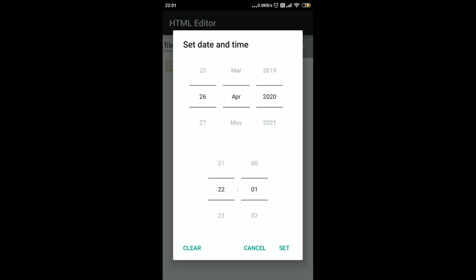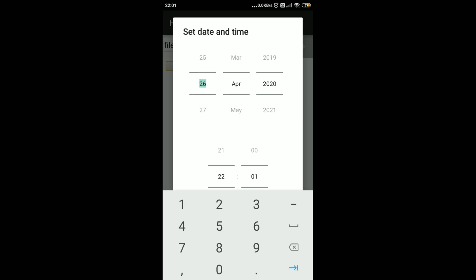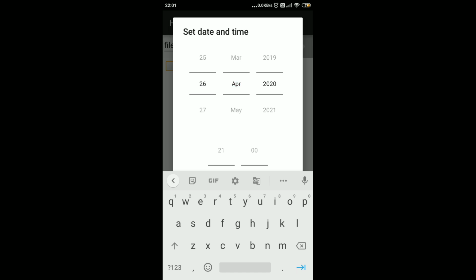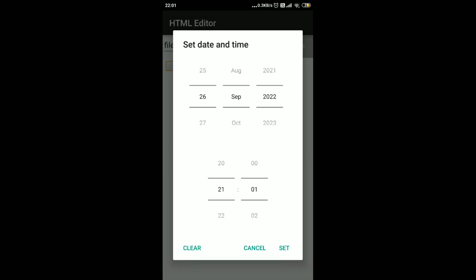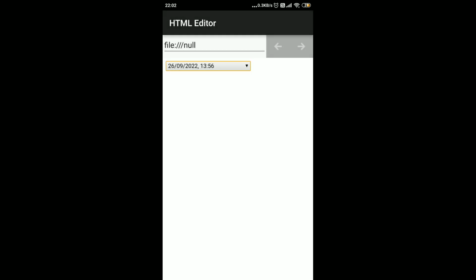I set first the day, then the month, and then the year, right? And here I am going to set that hour, and that minutes, how many minutes, okay, and set.